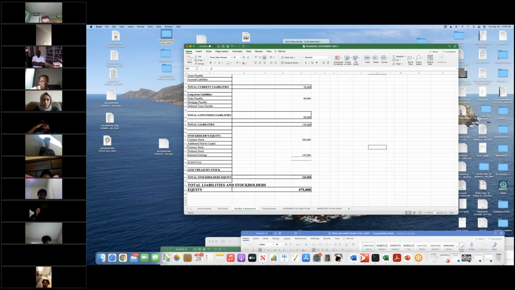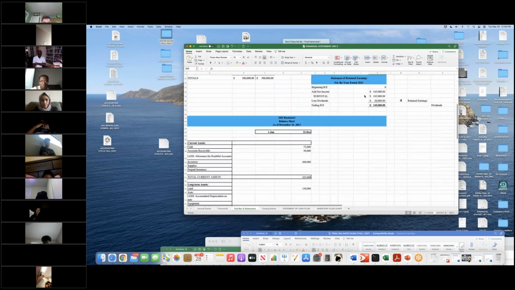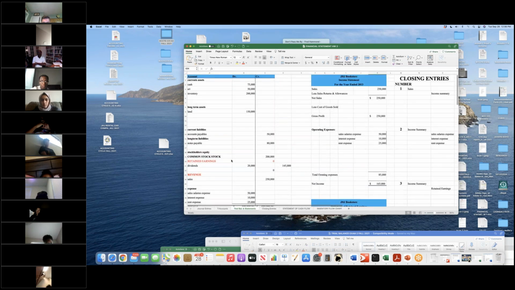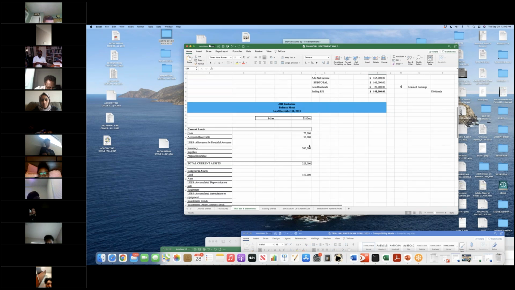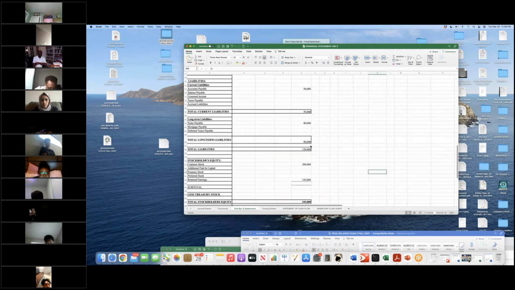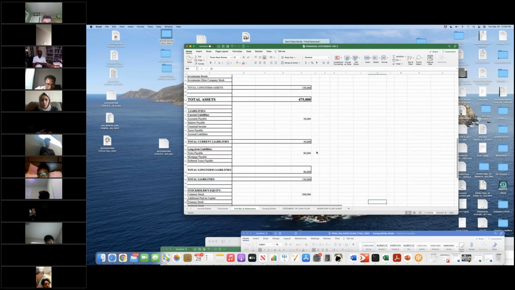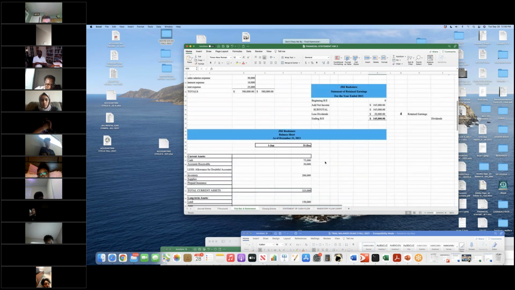So once we have a balanced trial balance, we can run over here to the bottom of it, do the income statement. Then we can run over here to the statement of retained earnings and get that done. Then we can do the balance sheet. And we're almost done,